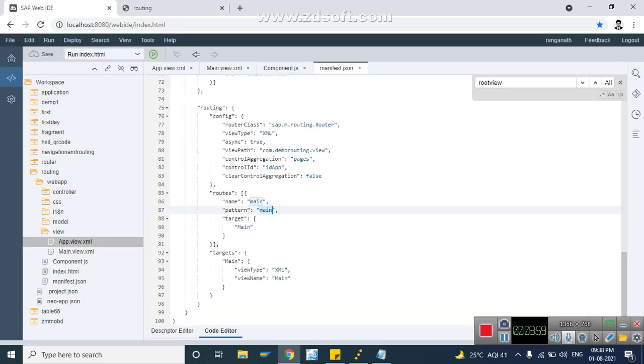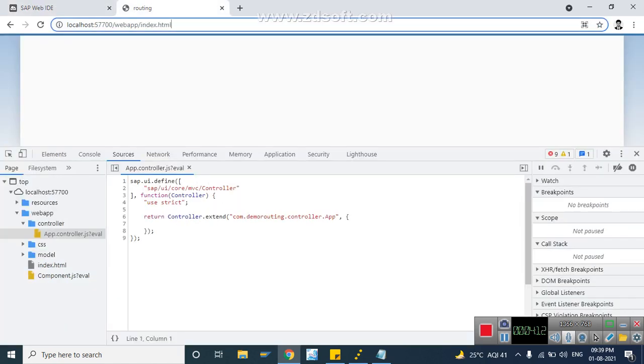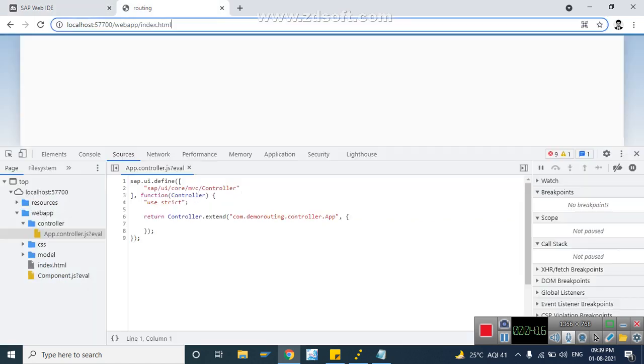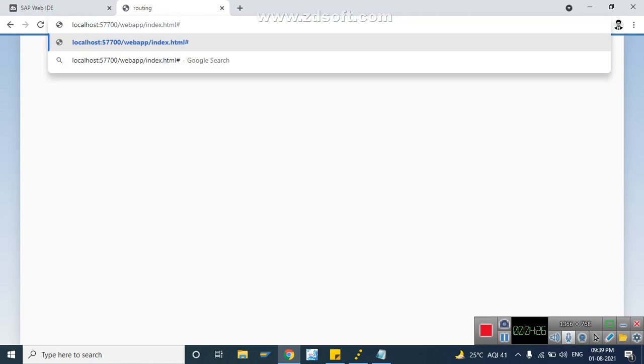To call any target, and inside the target to load any view, first of all the pattern should match the URL pattern. So now pattern equal to main, I will give main here as well. To match the pattern in the URL, we need to give /main.